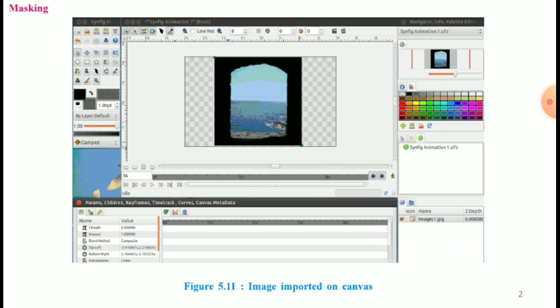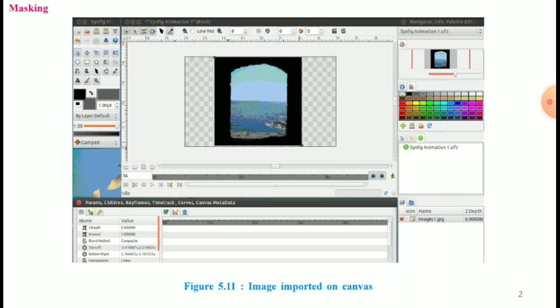Last time I discussed masking. So I will repeat what masking is. Masking is a feature by which you can hide or reveal areas of an object. Basically, the shape used as a mask acts like a window with the help of which you can see the object beneath it. Alternately, it can be used as a patch to hide the object beneath it.